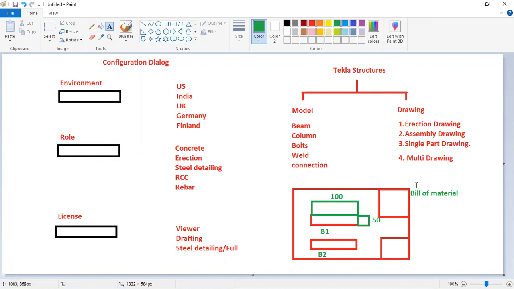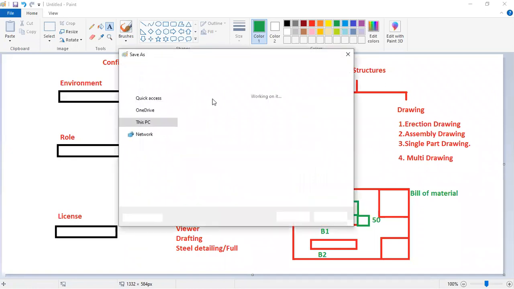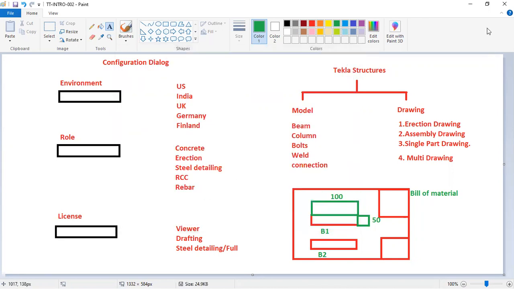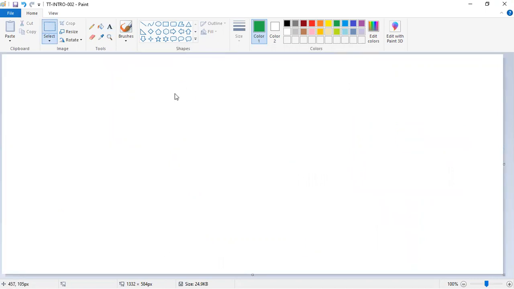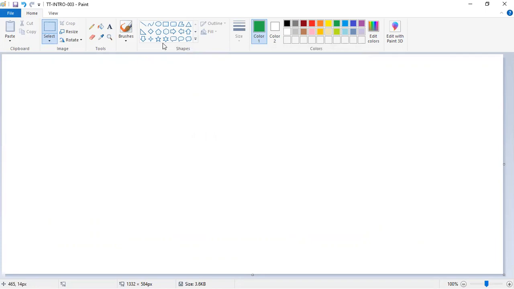Then we will see background usage. We will see how Tekla works in the background.